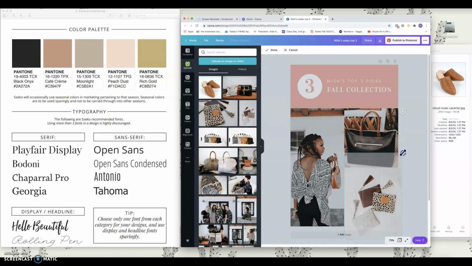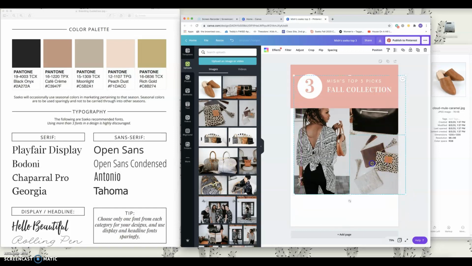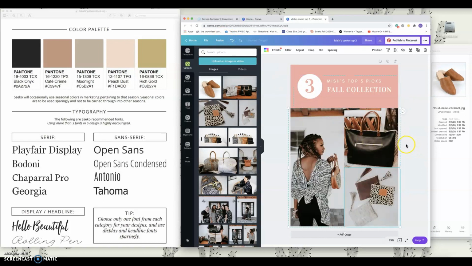I like to include a really expensive item and a smaller, cheaper item that people can afford. But do you notice how this bag seems really heavy over these little coin purses? So what I'm going to do is I'm going to switch them out. If you make a mistake, you know what the best thing to do is? This back arrow,